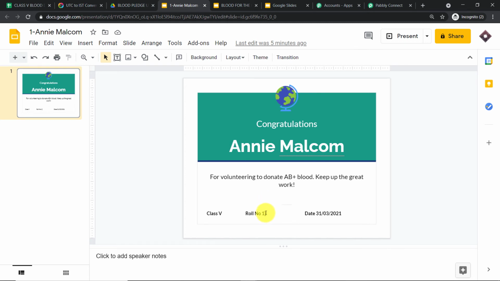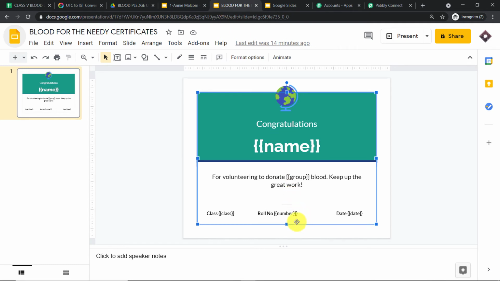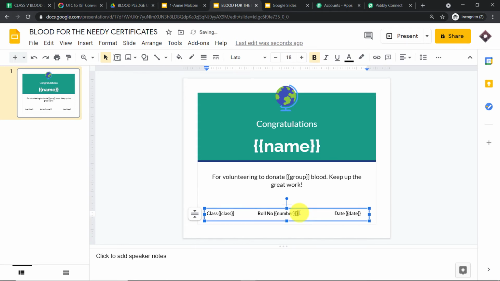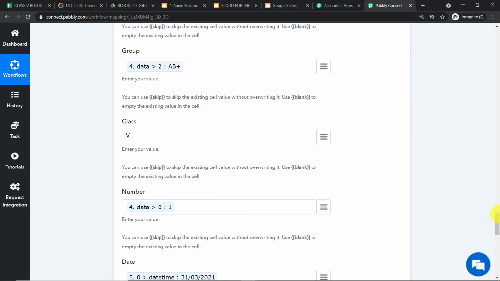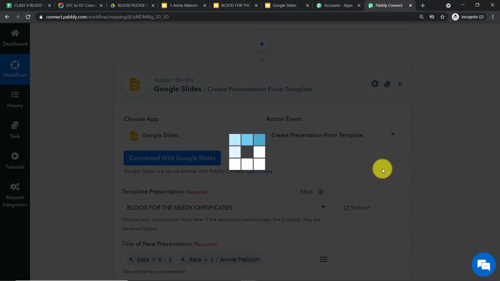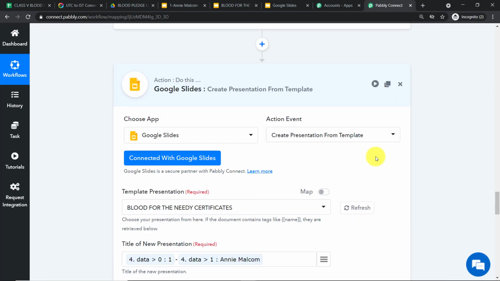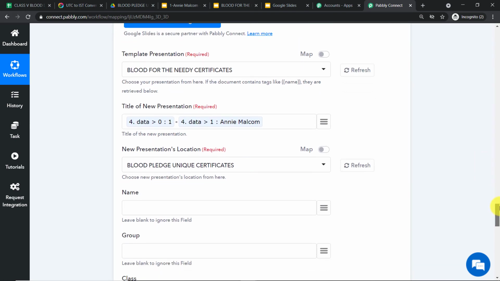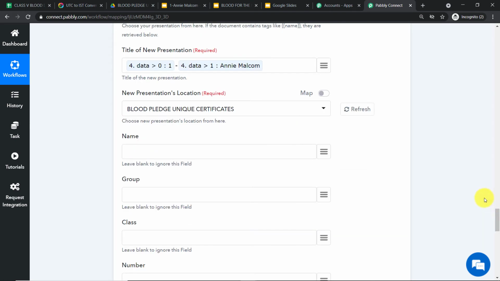As you can see, it is showing a small curly bracket, and the reason is, let me just take you to my template. So this is the original template. So in place of double curly brackets, we have added one more extra curly bracket. Okay, so what I'm going to do here is I'm just going to remove this. And let me just go to Pabbly Connect, scroll up, and refresh this. Of course, we have to fill in the rest of the details once again, but it's a very important lesson, that until and unless you fix these small problems, there will be little more formatting issues here and there.